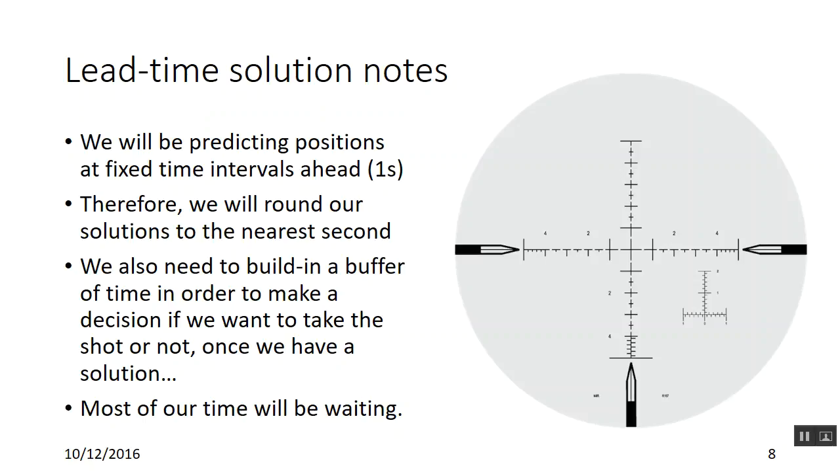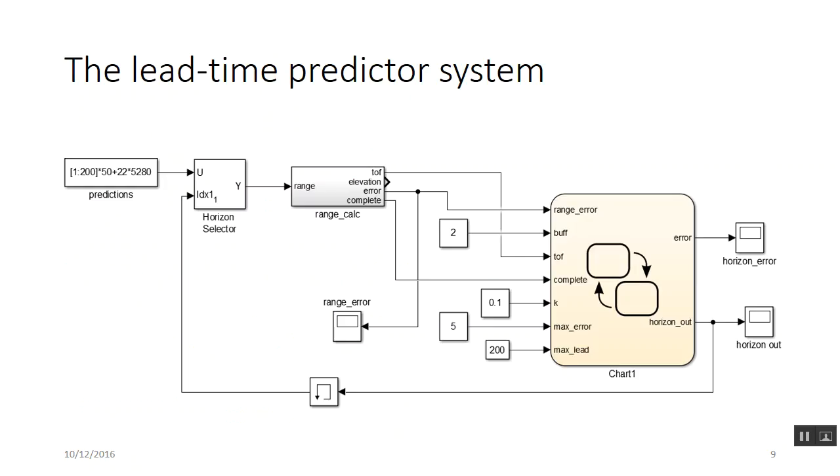Like the other solution, most of the time in this is going to be waiting. Just waiting for the other things to finish and then trying a new thing. So we're going to do that kind of implicit control system again. So what we're going to do is, this is our range calculation, the one we just finished and optimized. We're going to take that and we're going to say, okay, we're feeding in the error and the time of flight and whether or not it's complete, and feed it into a new chart. And the new chart is going to figure out,